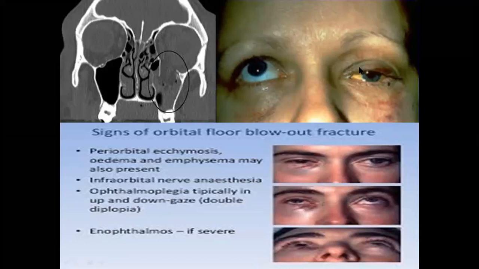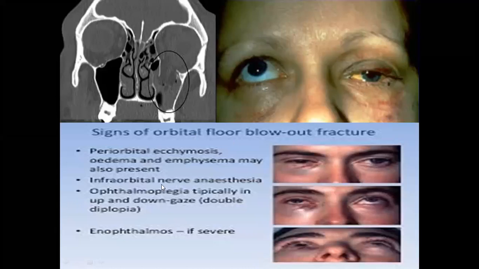And what are the symptoms of the blowout fracture? Periorbital ecchymosis. It means the periorbital extraocular tissue is damaged and becomes inflamed, or sometimes severe bleeding turns it into a black eye. So the extraocular tissue is damaged and forms bruises or bleeding, or ecchymosis. This is called ecchymosis. Emphysema, that is, after the damage of the tissues, air enters the extraocular tissues.